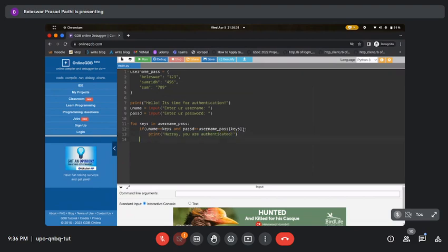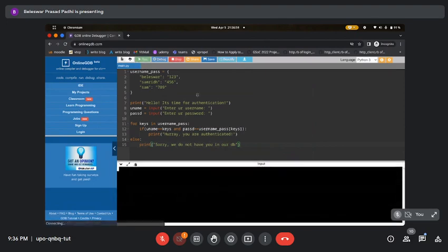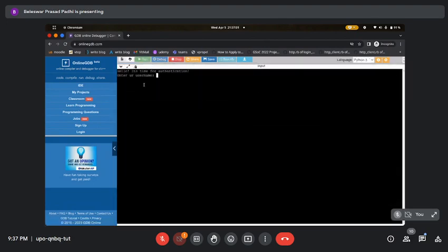Cool. Now, if none of this happens, let's say it travels through the whole dictionary and doesn't get any match for both of the records, I just want to print: sorry, we do not have you in our database. Okay, now let's run this. Let's just assume, don't forget the source code, let's just assume